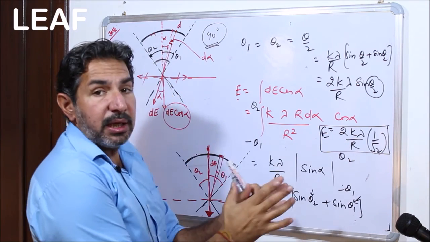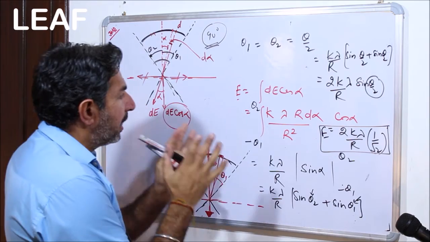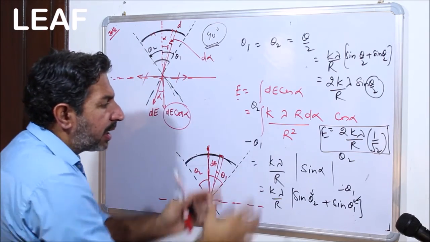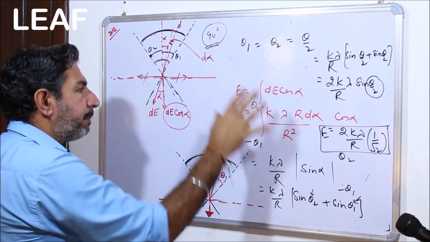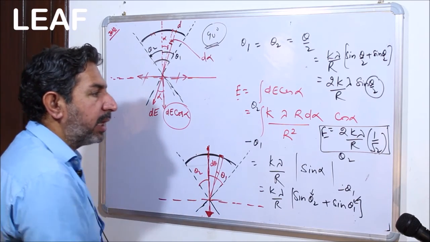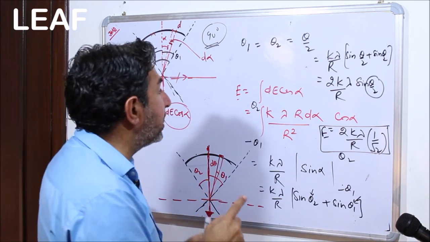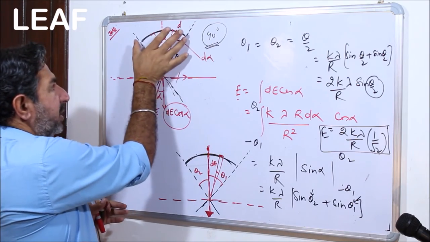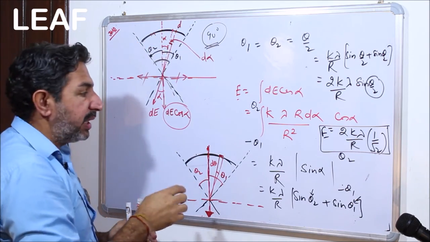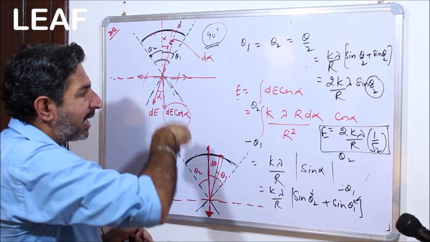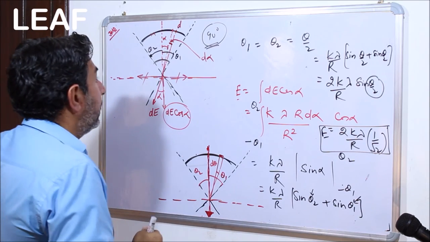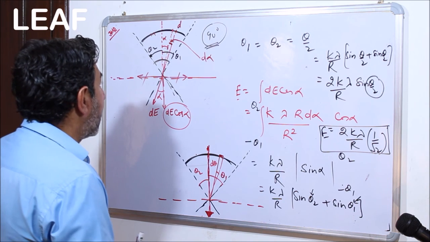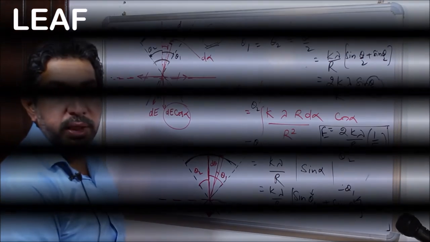See, very clear, very understandable. In case you are not finding anything comfortable, obviously you can comment, but this in particular is very important for you to take care of, because in many of the numericals we are going to use arcs and semicircular segments, and that is what I am going to tell you right now. Okay, let me just wipe it off and we'll move on to the next.